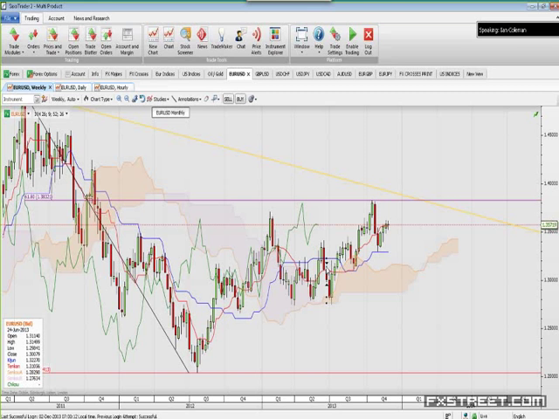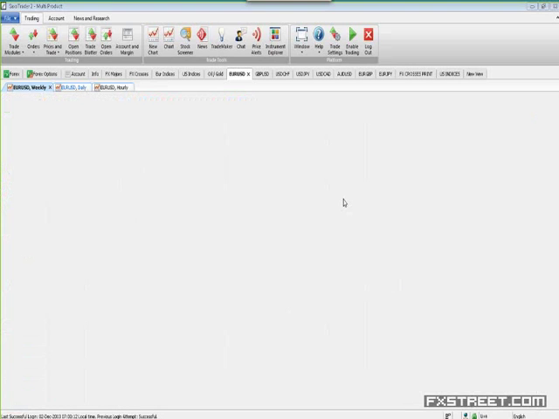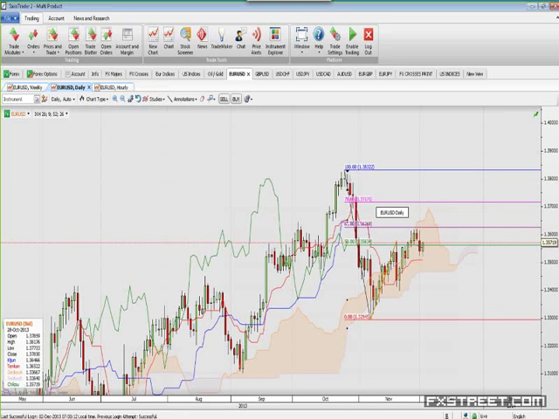So the shorter the time frame, the smaller the pip risk, the larger your trade size should be. The larger the time frame, the larger the pip risk, the smaller your trade size should be. Okay, so you can take signals from different time frames. So breaking it down,